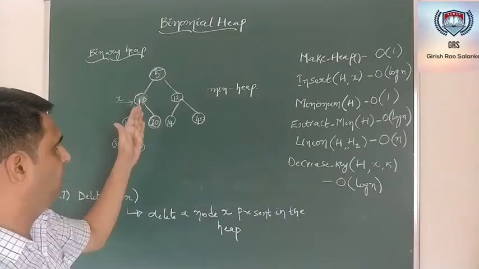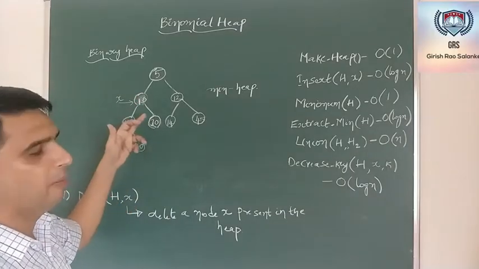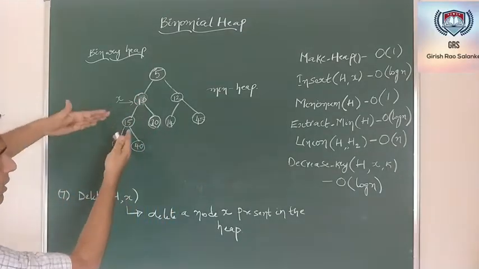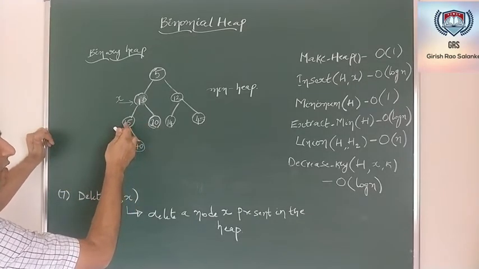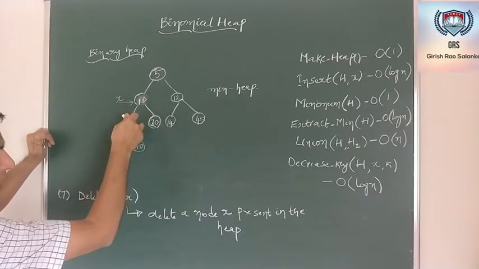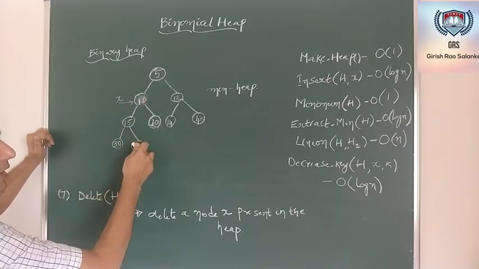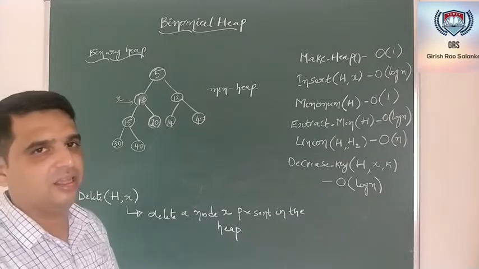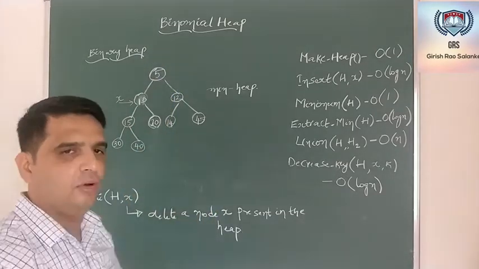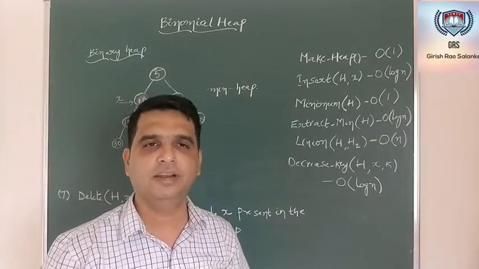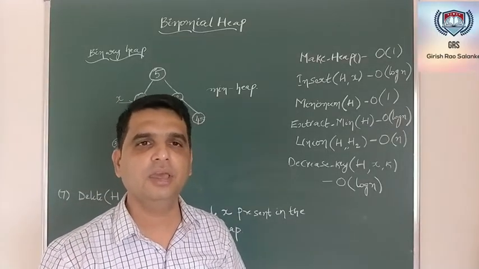Now in this, you saw it took only maybe one comparison. It may even go on the left side, because this was 10 and this was 15. If this was a lesser value when compared to 10, say for example 7 or 8, I need to move here, and this element needs to be compared here. So in the worst case, I may start with the root node and I may end on any of the leaf nodes in the last level. So what is the time taken? The time taken here also is log n.